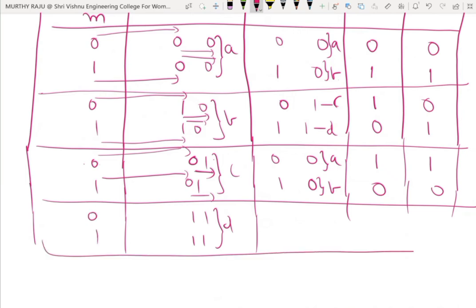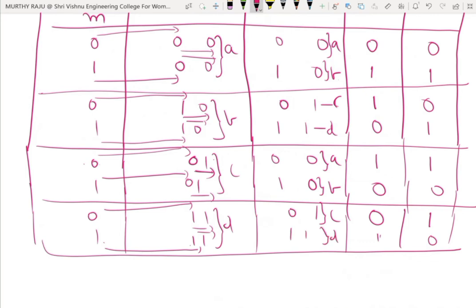The possible values of M are 0, 1, 0, 1. 0 exclusive OR with M exclusive OR with M1, that is 0. 0 exclusive OR with 1 is 1. Here 1 exclusive OR with 1 is 0, 0 exclusive OR with 1 is 1. 1 exclusive OR with 1 is 0. The next state is 0 shifted to here, 1 shifted to here. That is C. Here 1 is shifted to here, 1 is shifted to here. It is 1, 1. It is D.